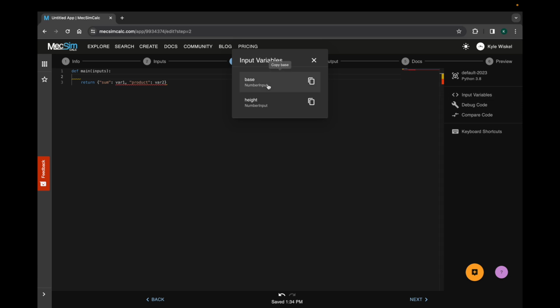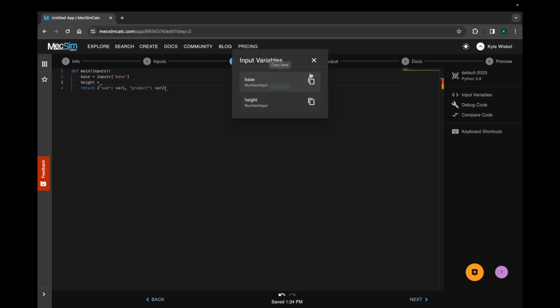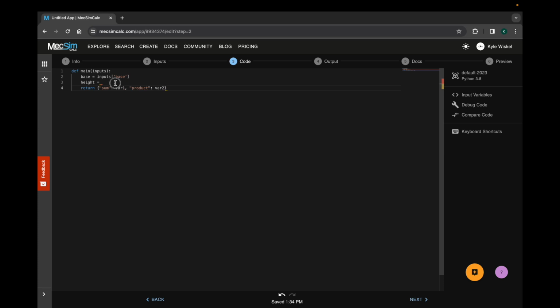This brings up a list of the inputs we created in the previous step. To reference these in the Python code, simply click to copy, and we can then paste it into the editor. In this case, we will do base is equal to, and then paste the reference. We will do the same thing for height, and we can copy the reference and paste it in.